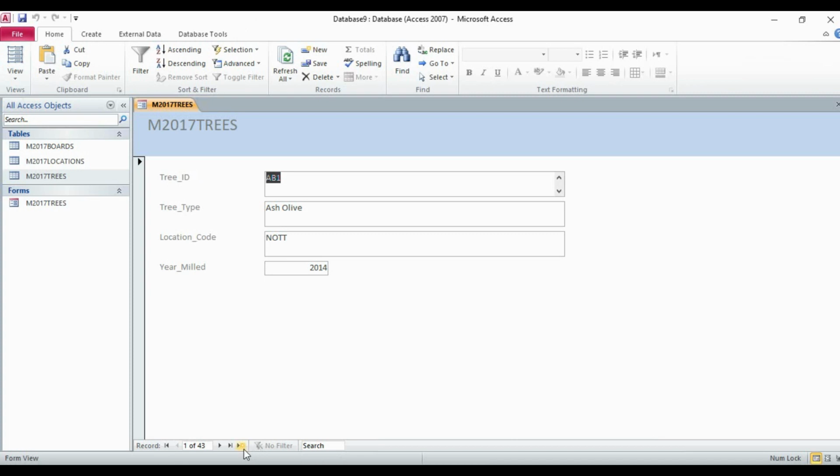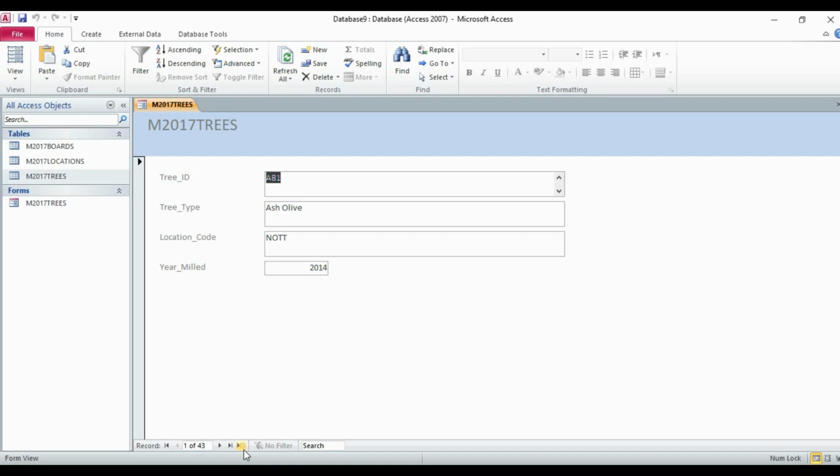Then a blank record will open and you will be able to add the record. But sometimes there are buttons on the form that will take you to the next record or previous record, or a submit button. So different buttons are available on the form. We can create such buttons also in the form. So how to create those buttons?